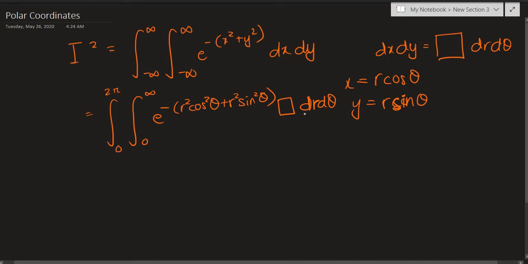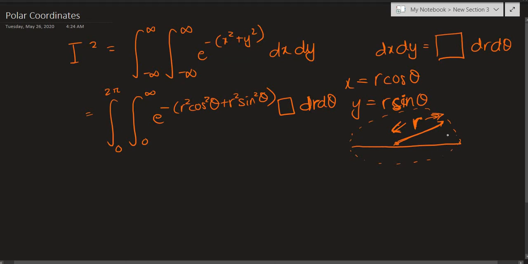Now in case you are wondering why r did not go from negative infinity to positive infinity, it's because r, the radius, or the distance from the center to a given point, is always positive, right? The distance is always positive. That's basic geometry for you guys. Distance always has to be positive. Or if you think about it one way, if you're concerned that I'm only covering points on this part because r is positive here, what about these points?